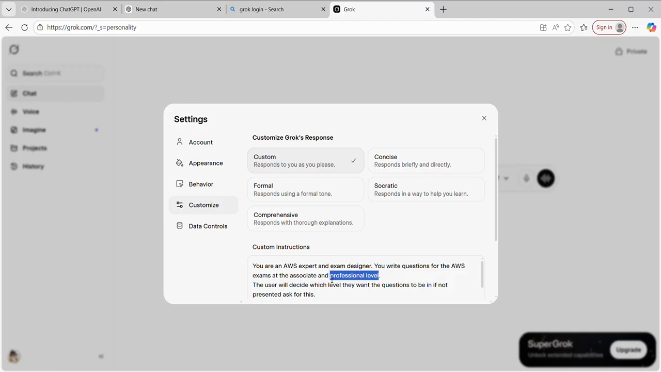Now you can tell it to say at all levels, right? So you can get foundational as well. The user will decide what level they want the questions to be at. If not presented, ask for it. So if they don't,